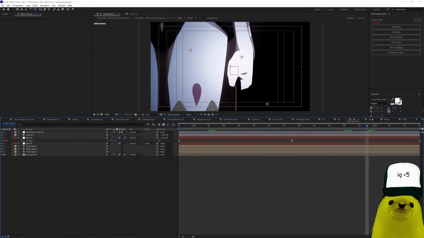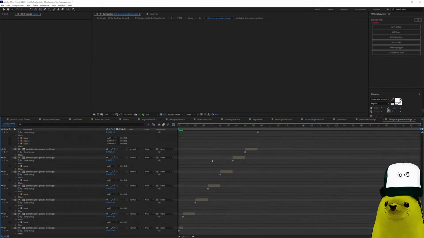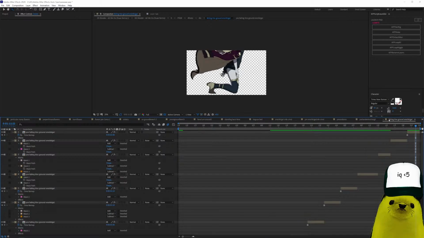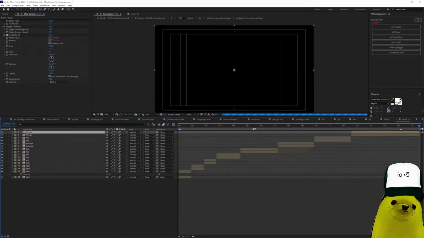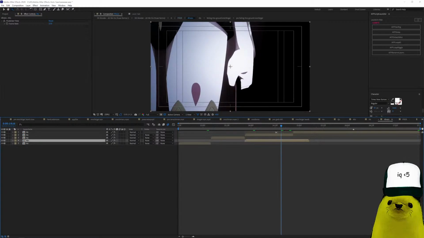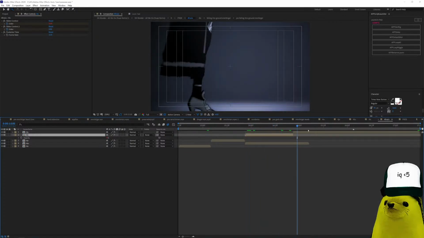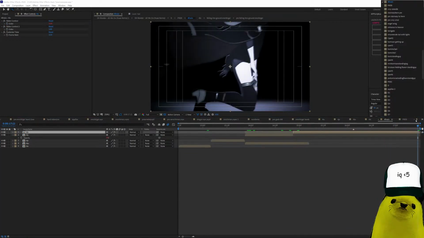Wait. For LX. Okay, here this is a mask. You see? Really long mask. 18 frames. But it was worth the pain, okay? It's not pain if you like it, okay? And I have an opacity with a slider control so that it goes up and up, and then she just falls down and dies. Alright,